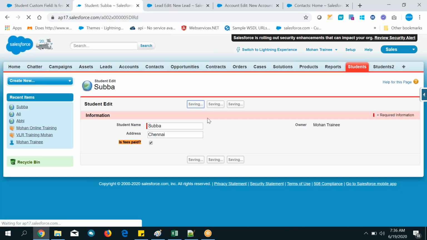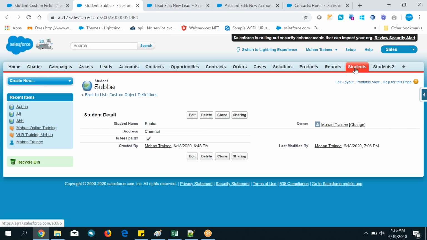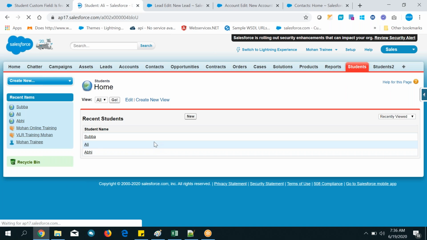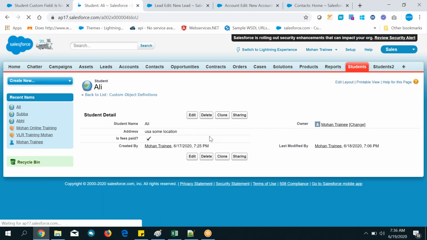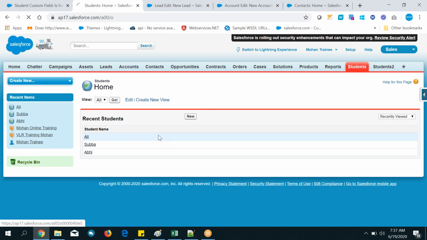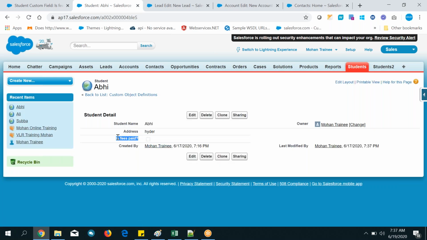Next, select it, save it. See here, this guy paid fees, and go back to another record. Go to Ali's record. Edit it, and he also paid. If he paid, select it like that. These are business people, right? Generally, who will use Salesforce? Only business people will use Salesforce. Suppose I am the businessman, I can go over here and just select this one if he paid. And if I have seen it like this, I think, okay, we did not pay the amount. I can think like that. So these data types will be helpful for business.